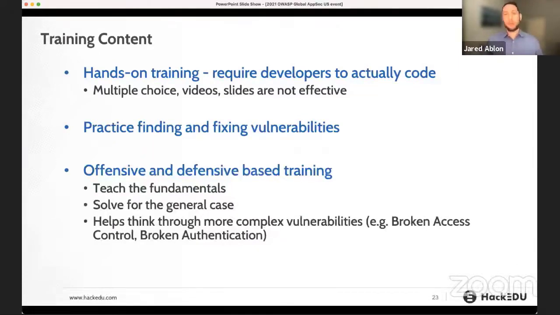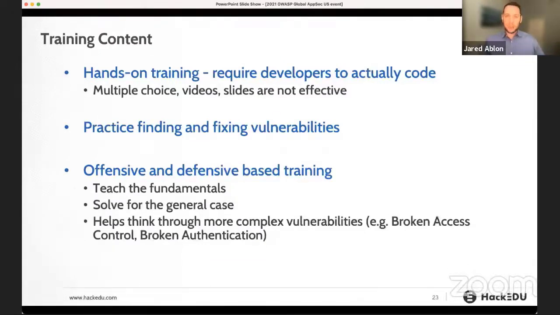Developers are problem solvers. They want to be thrown into a problem and try to solve that in a more hands-on way. We've also heard from some companies that they tried a slide-based approach, the computer-based training where you click through and watch the animation run. They looked at the statistics of the training afterwards and saw that developers were finishing lessons in seconds because they were just clicking through as fast as they could. So obviously that's not effective. So requiring developers to actually code is extremely important. Getting them hands-on and practicing